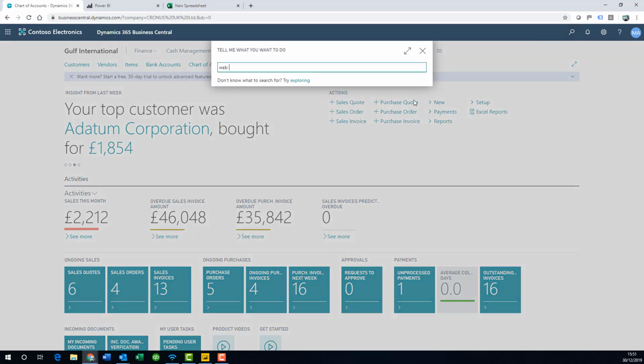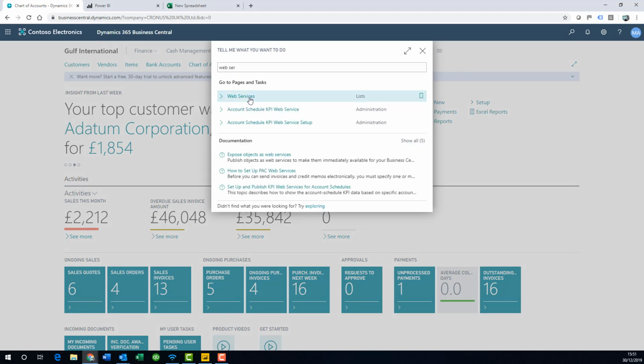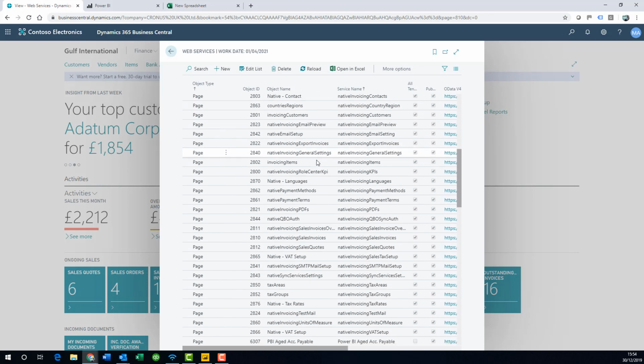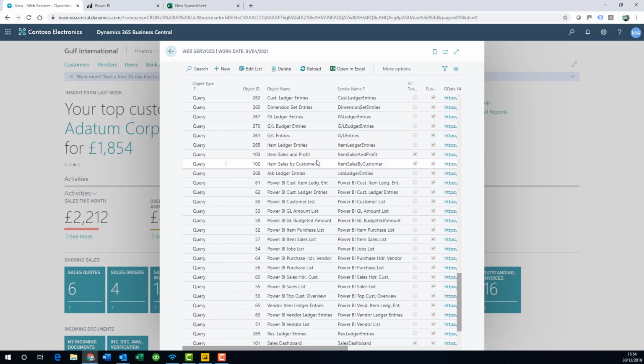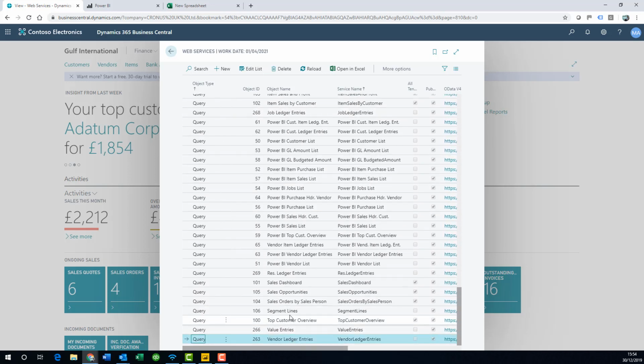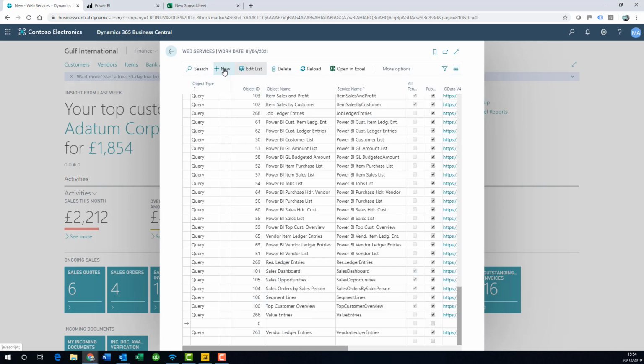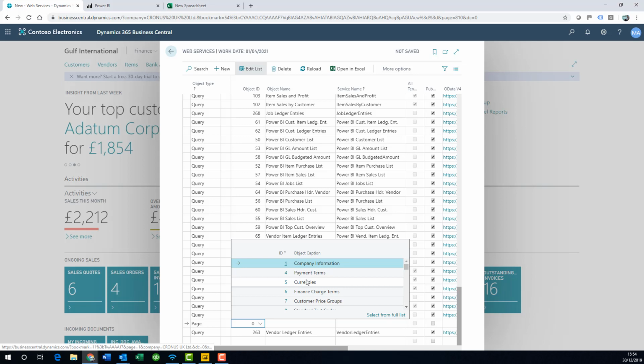So if we go back to web services, we can see what that actually does. Here's a list of all of the web services that I currently have set up. Now, I don't happen to have one for vendor card. I have one for customer card. So if I want to set up a new one, I can set up a new one here. It's a page. I don't know what the vendor card entry is, so we can scroll through. Well, I happen to have found it,